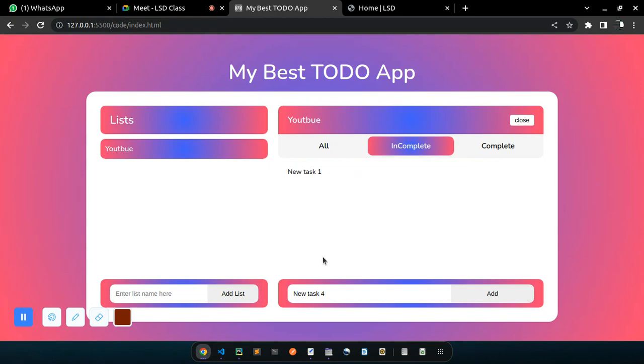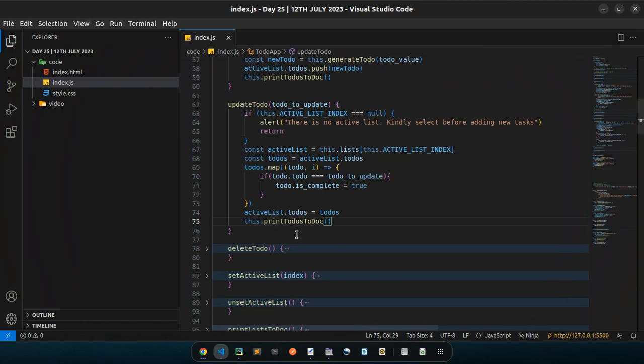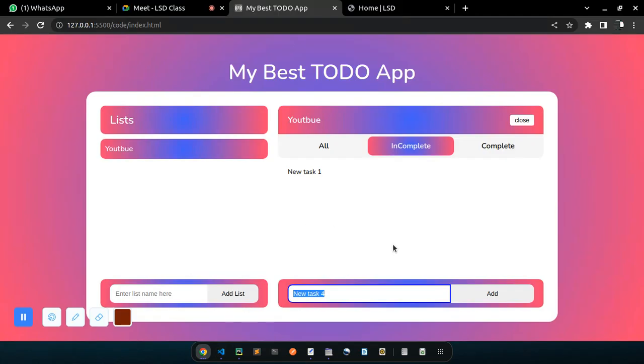As for the explanation of why it has worked that way, it's because we are mapping through and updating each task that matches this condition. So if the to-do names are equal or the to-do descriptions are the same, then they will automatically be moved forward, marked as complete using this to-do dot is complete equals true. That's why I said this kind of will work, yes, but if you have two tasks which are the same